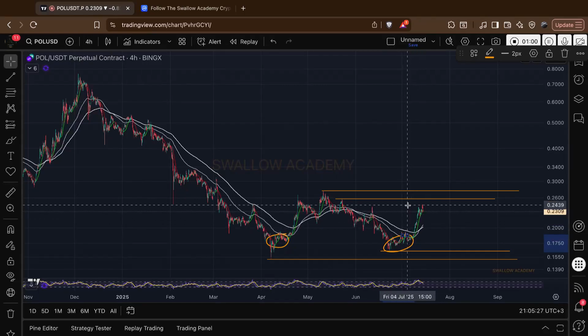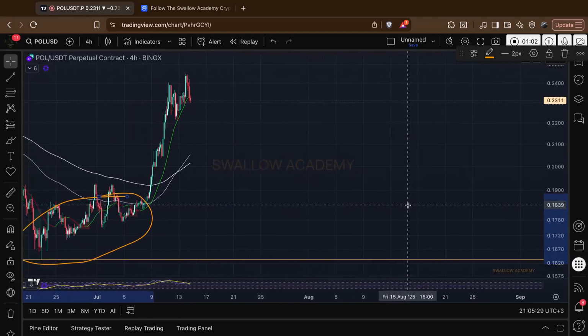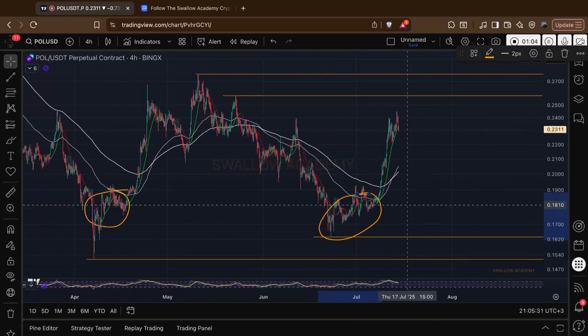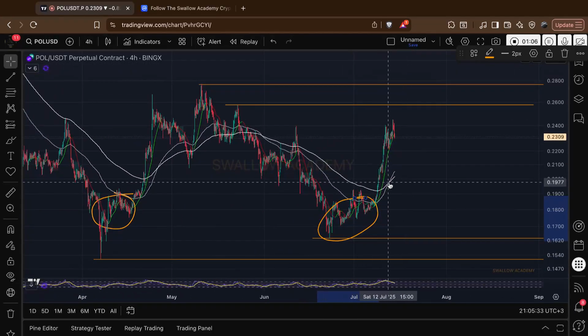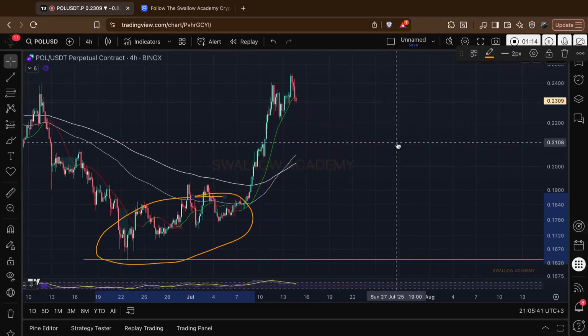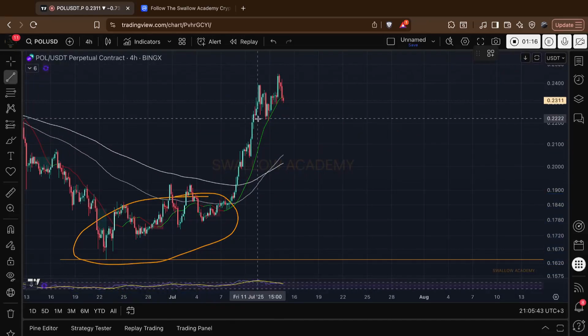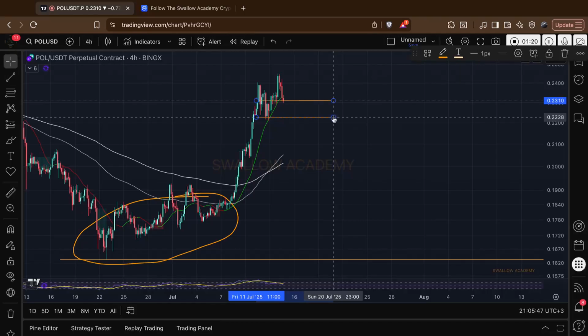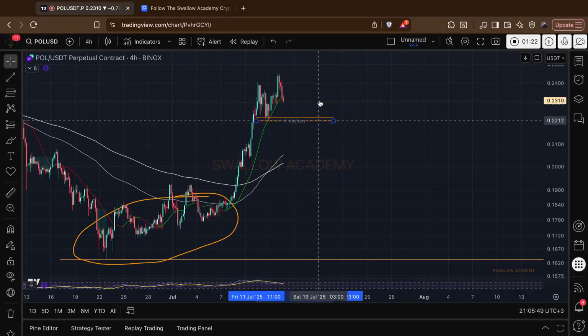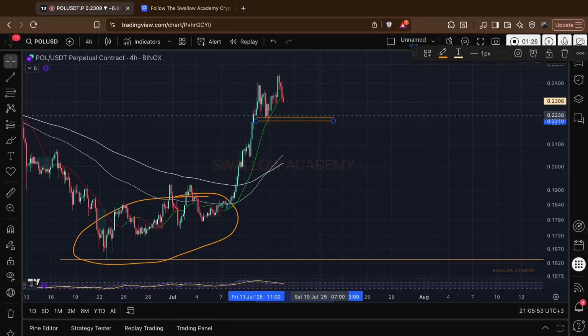but price is slightly overbought now. Why do I say it's overbought? Basically just because we are way too far away from the EMAs and it's a slightly dangerous area. So as long as price keeps this kind of momentum here, we are good for further movement to the upper zones. But as soon as we see the breakdown from this area here, which is like 0.22 cents, let's say 22 and a half, 22 and something like this, basically 22 cents, if we see any